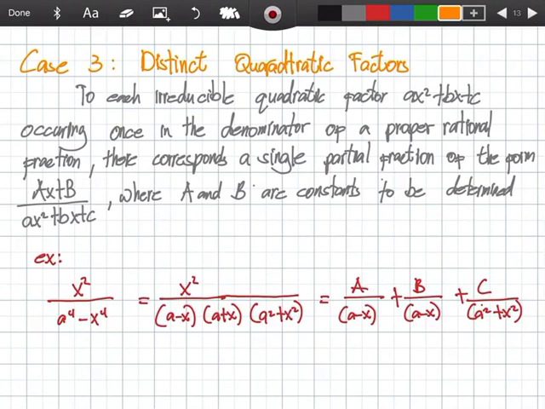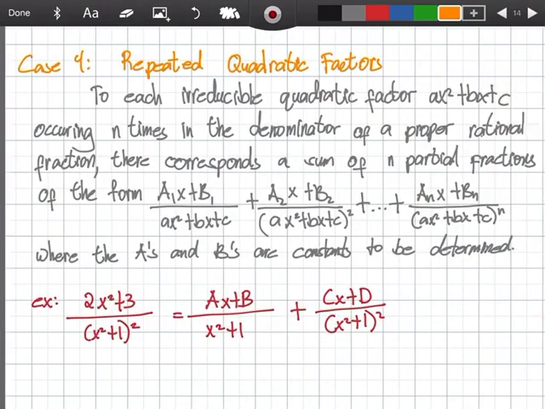So, that's why it is distinct. And for case 4, for repeated quadratic factors, to each irreducible quadratic factor, ax squared plus bx plus c, occurring n times in the denominator of a proper rational fraction, this corresponds to the sum of n partial fractions of the form